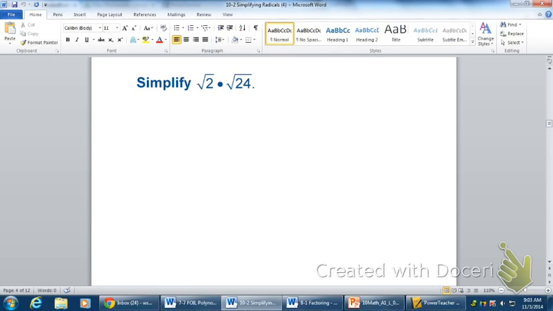Can any of our perfect squares go into 24? Yes. Can any of those perfect squares